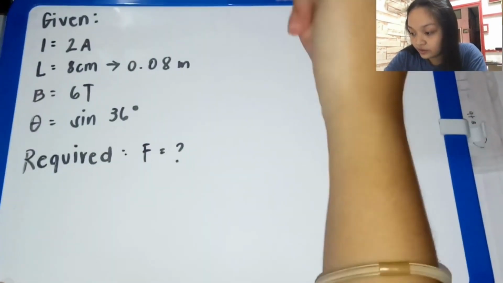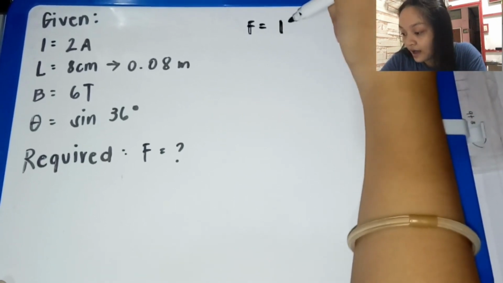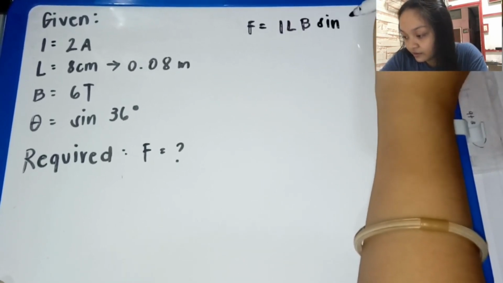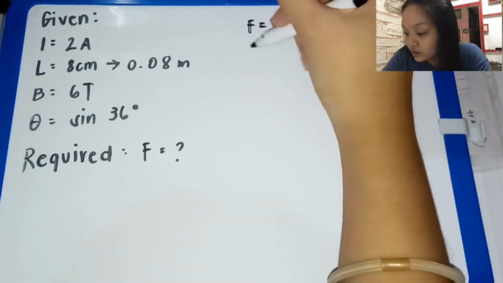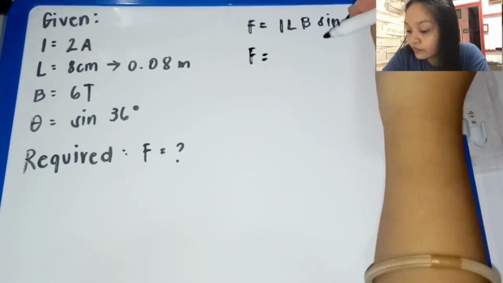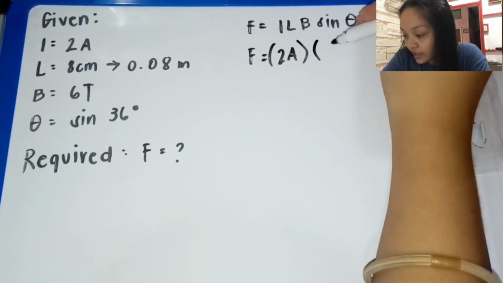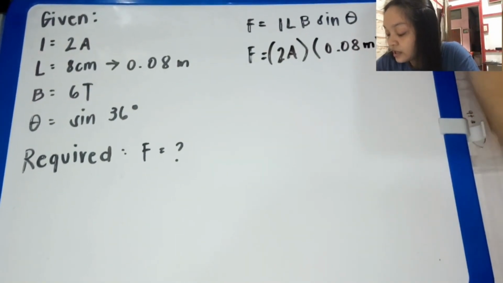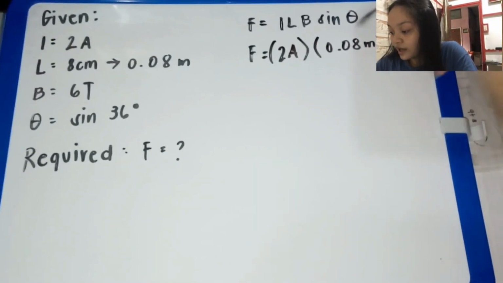F is equal to I times L times B times sine theta. And now we are going to input all of our given to our formula, which is F is equal to 2 A times 0.08 meters times B, which is 60, and our sine